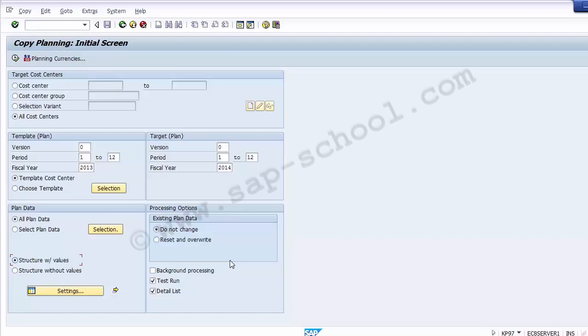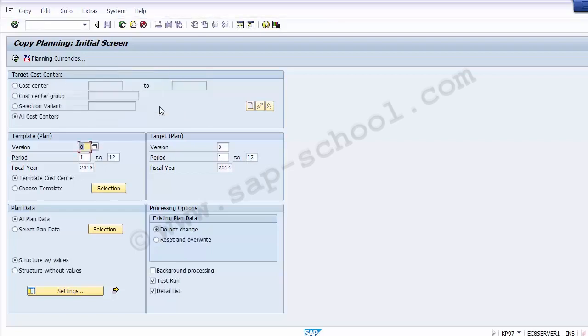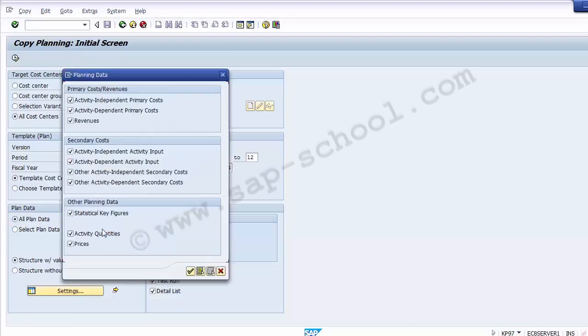So once you have filled all these details, now you need to go to the option over here, that is selections. So you need to go to this selections over here on the screen. Once you click onto the selections, now it asks you the cost center. Okay, no problem. We can move to the next selection part. So you need to go to the plan data selection option over here for all plan data, the selections option on the screen, and click onto the selection over here,